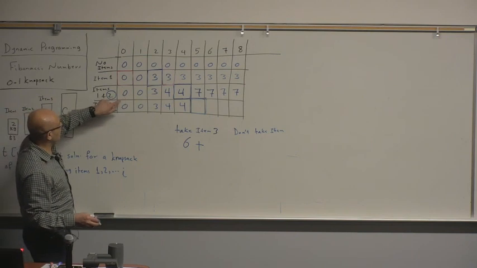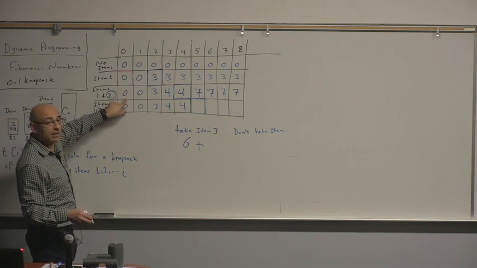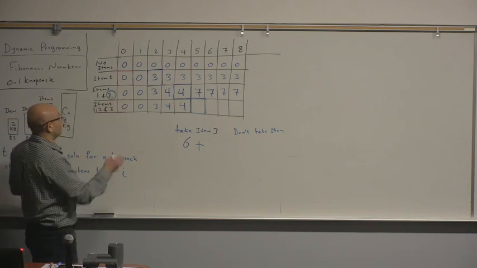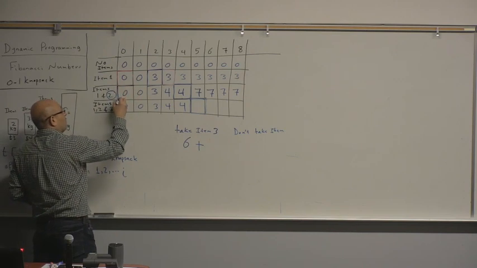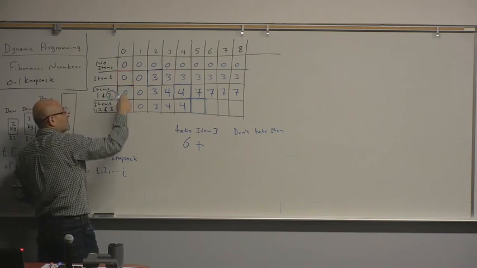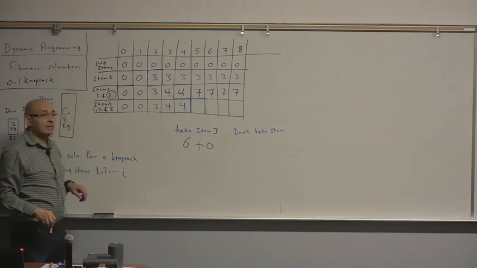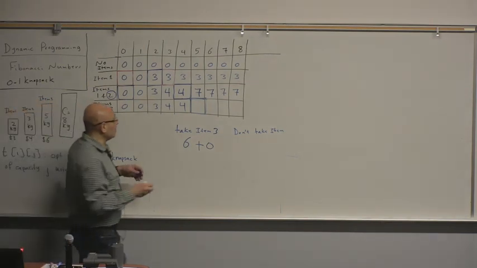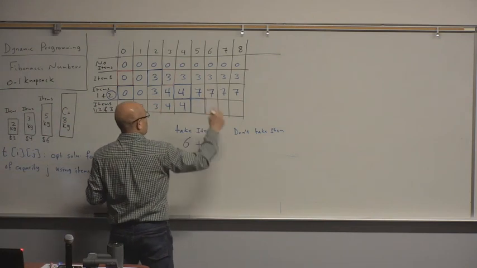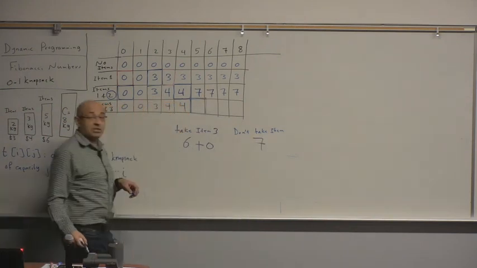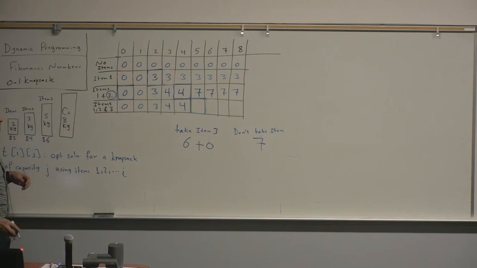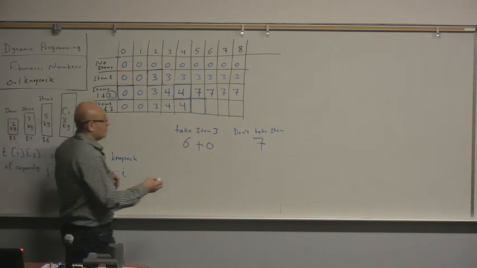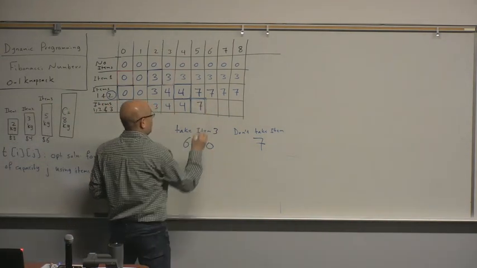So in 0, I can get 0. Right? So I will look at this. So this is what I can get with a capacity of 0 using the previous item. So I will get a 0. So if I take it, I will get 6 plus 0. If I don't take it, I will get 7. So which is better? 7, which means don't take it. So now I just take the 7, and I will not take